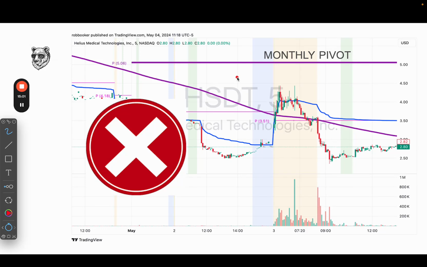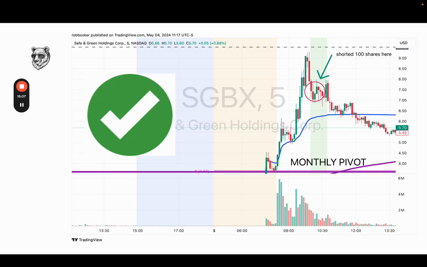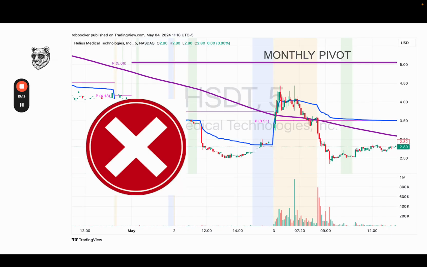So if you say a system 1 trade, the monthly pivot must be located below the current price so that it has a monthly pivot to fall to. And that's very important. So for SGBX, that's an acceptable trade. For HSDT, it's not a system 1 trade. It still might be a trade later on in a different strategy, in a different method,